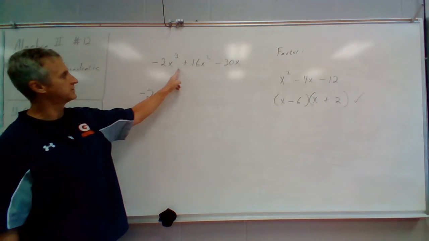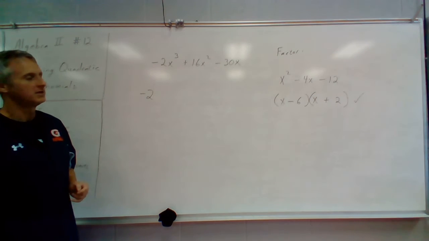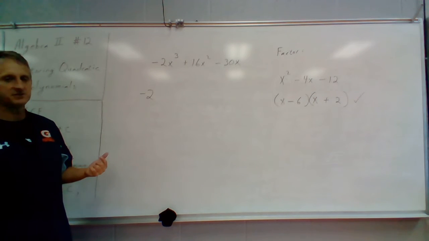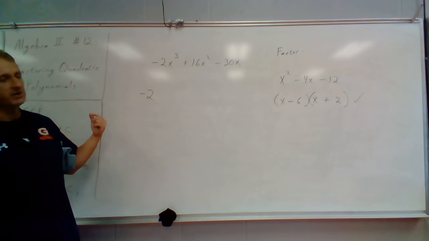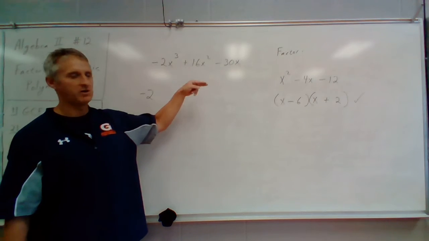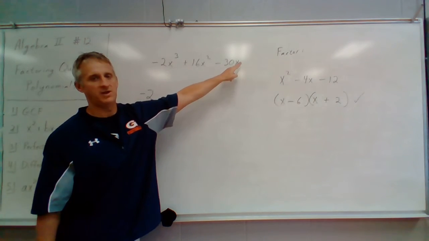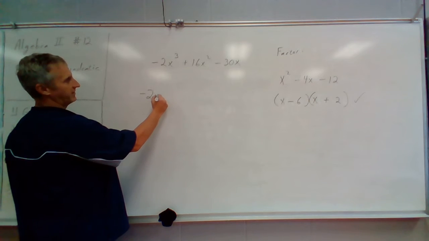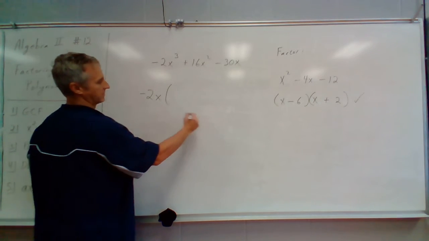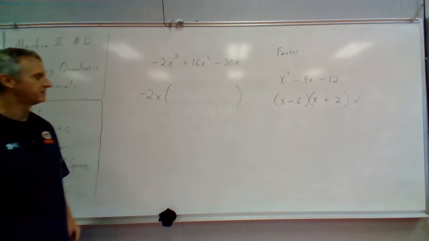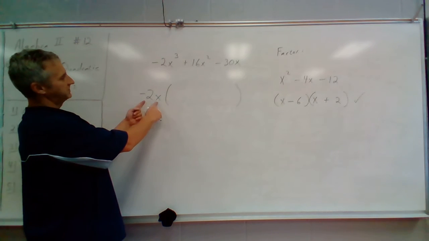Notice also that there's an x in each term. So let's factor out the greatest common factor of those. The greatest common factor of those will be the one with the smallest exponent, so the x to the first. So let's factor out x, and then we'll see what we have left. So negative 2x